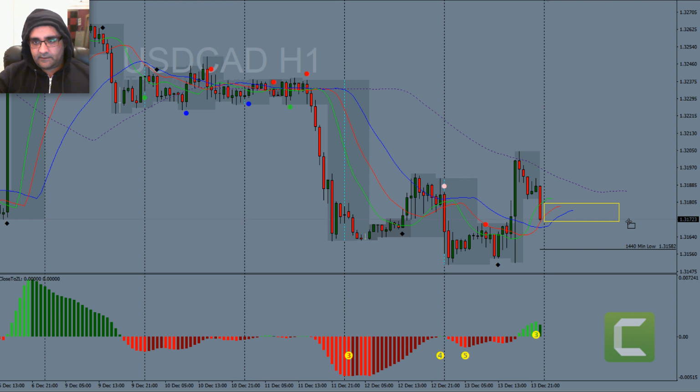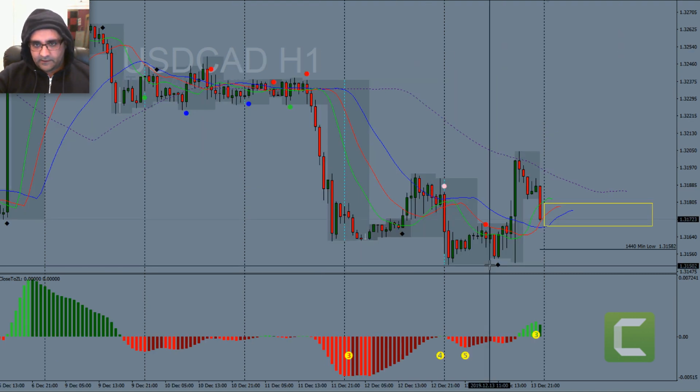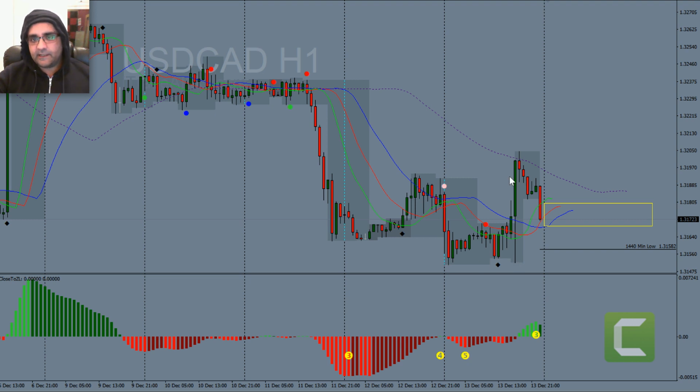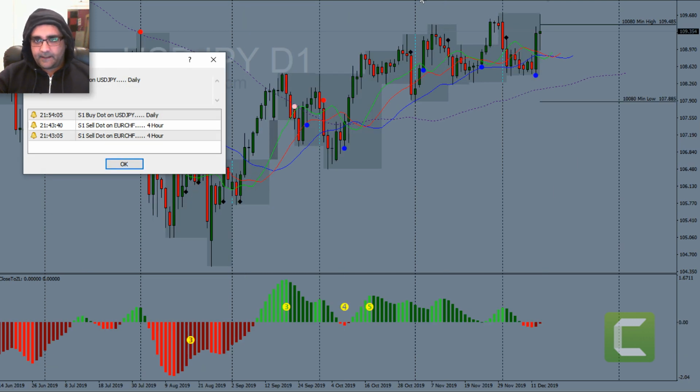So let's see if during the week it makes something. So this is the box low of the D1 box low here. It's reacted to it around here. So comes here, stops, goes back up, comes back to it, reacts, goes up, and comes back. Kind of unclear situation. Dollar yen has reacted to the boxes up there as well, especially to this box, the